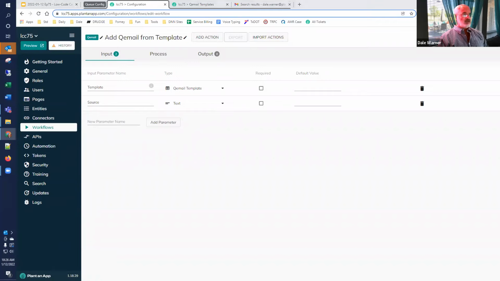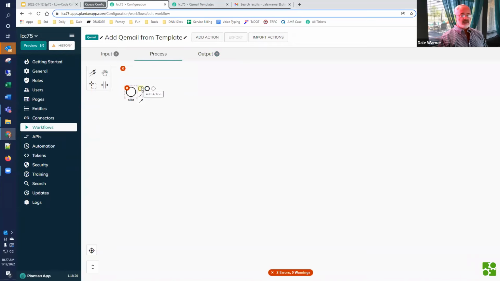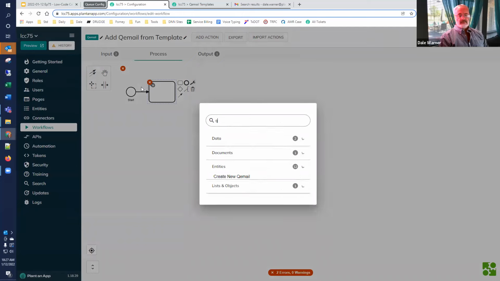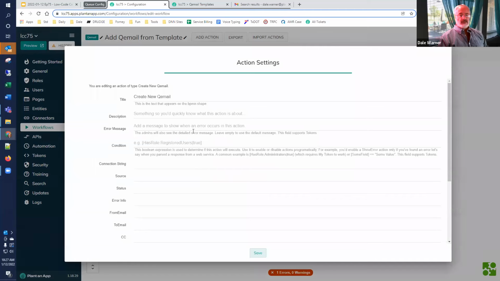And then on the output side, I'll say in advance, we're going to provide the email ID that gets created. And we'll have to set this value before we get done, but we're going to just send back the token email ID. So we need to make sure we create that in our process. And the process is really quite simple. We're going to add a email. So we're going to create a new queue email record, put it in the queue, and